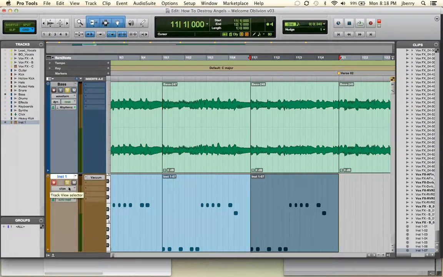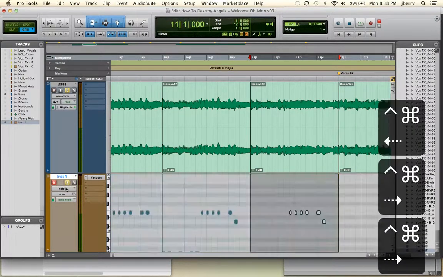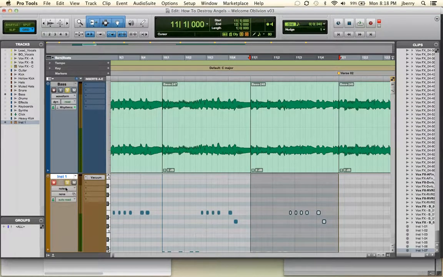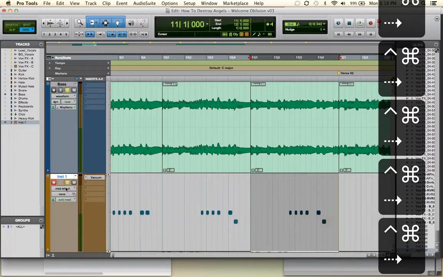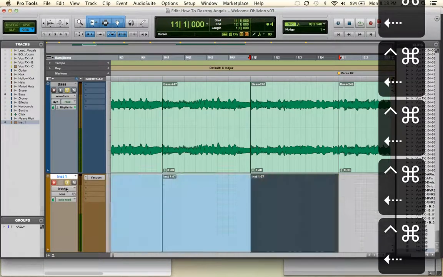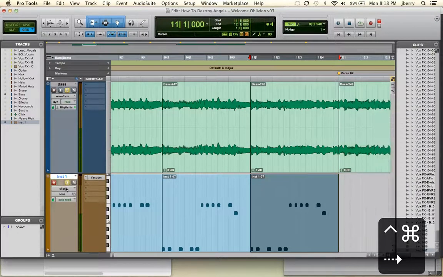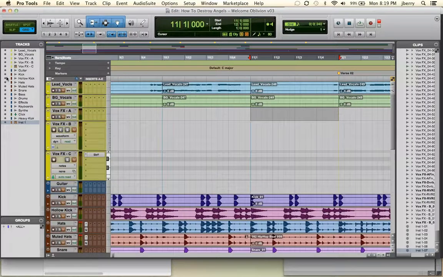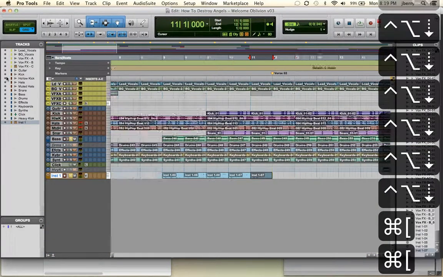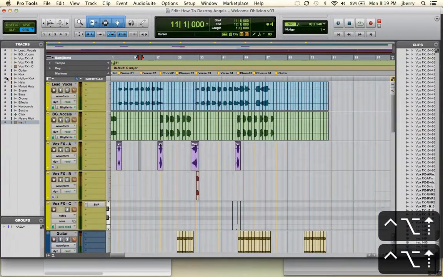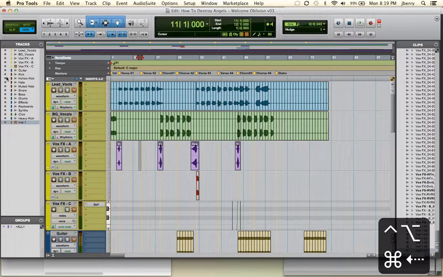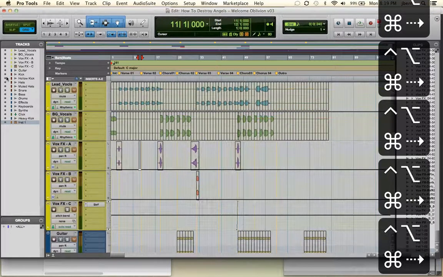By the way, there is a quick key for switching these playlist views. It's Control, Command, and then you use your arrow keys. It'll actually go through all the different playlist views. I generally will use Option with this as well, because if you hold down Option, let me show you this real quick. I know this is a small detour, but I just want to show you all the tracks. Because if we look at all the tracks in our session here, make them a little bit bigger so you can see. If you hold down Control Option Command and rotate, notice it goes through all your different playlist views